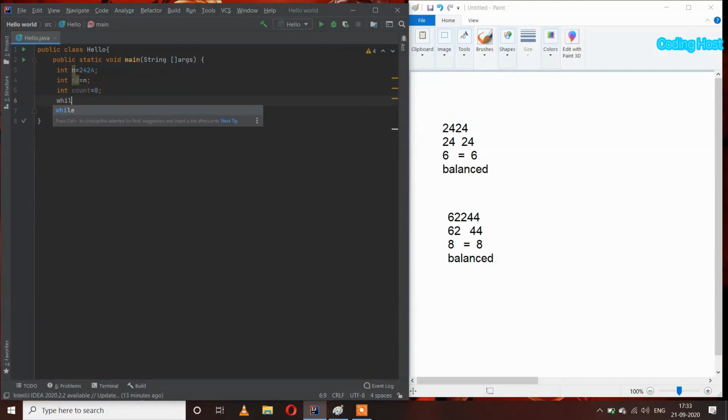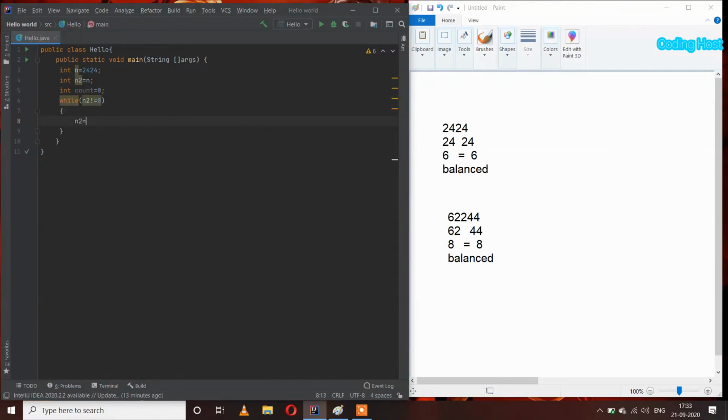After that I will take a while loop, while n2 not equal to 0, and inside this I will write n2 equal to n2 slash 10 and count plus plus, and after that I will take another variable int val, and after that I will take two variables int left hand side equal to 0 and int right hand side equal to 0, and after that I will take if else statements.